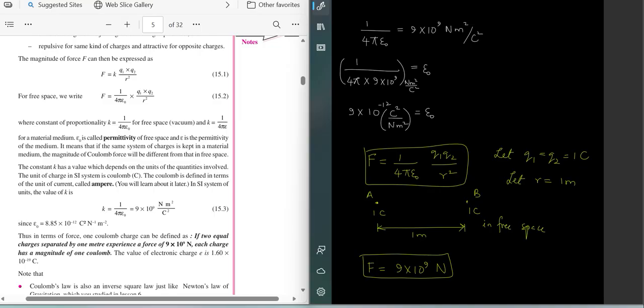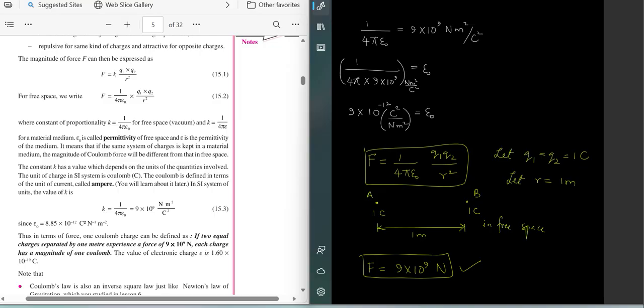So now how can you define Coulomb? Coulomb is that charge which, if contained in two equal charges separated by 1 meter, they will experience a force of 9 into 10 raised to 9 Newton. Or we can say, if the force between two point charges separated by a distance of 1 meter in free space is 9 into 10 raised to 9 Newton, then each of the point charges will have a magnitude of 1 Coulomb on it. Okay,